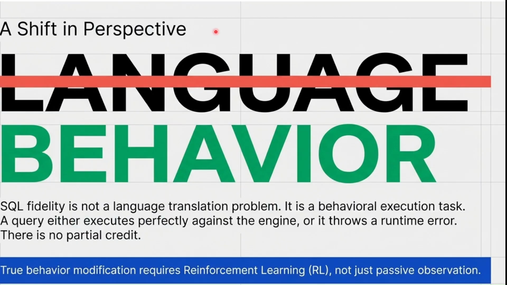Text to SQL is not a translation task. This is not English to French translation. Text to SQL is a behavioral execution task. SQL in this case is binary. It either executes successfully or it throws an error. There's no partial credit. Now, once you see the problem this way, it becomes very clear that supervised fine-tuning alone